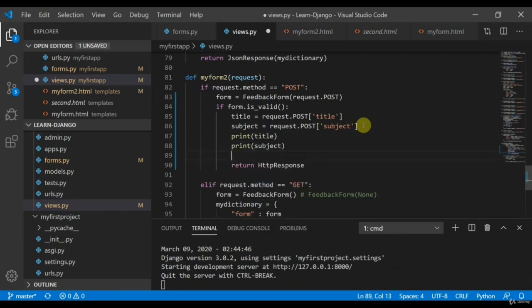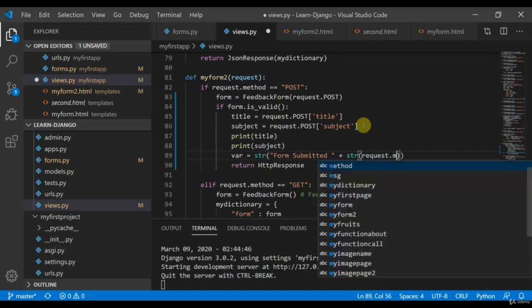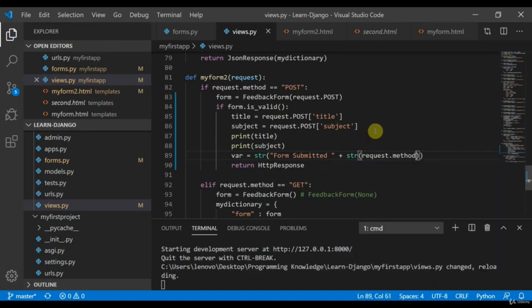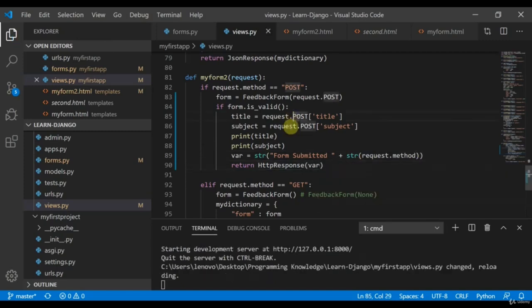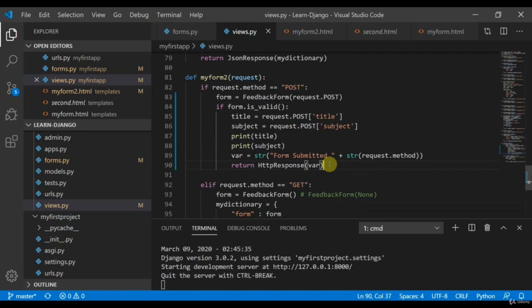I'll make a var equal to str form submitted, and I'll give plus str request dot method. So this is fine till here. Now I'll return an HTTP response of var. If this form is not valid,